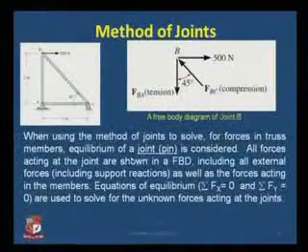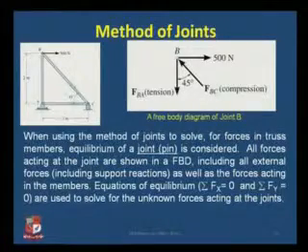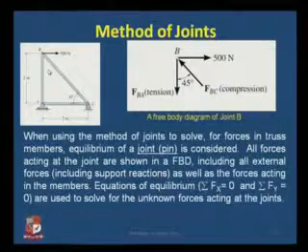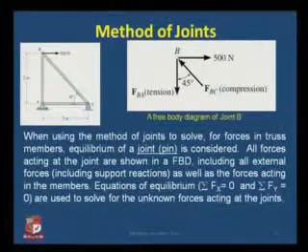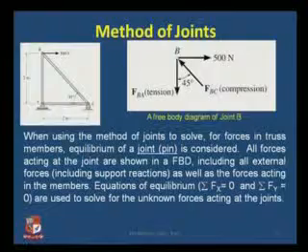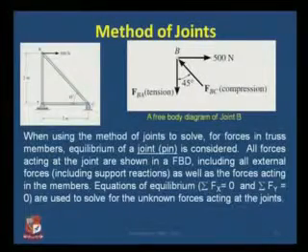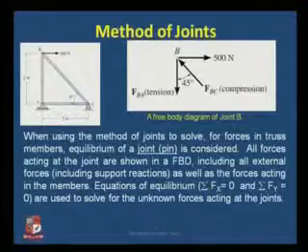Moving on to the actual method of joints. If I am to solve this simple truss which has only 3 members, the first thing that we need to look into is whether it is a statically determinate truss or not. Because this is in your course, all the examples which I am solving are basically statically determinate trusses only. So I have a support at joint A and another support at joint C,